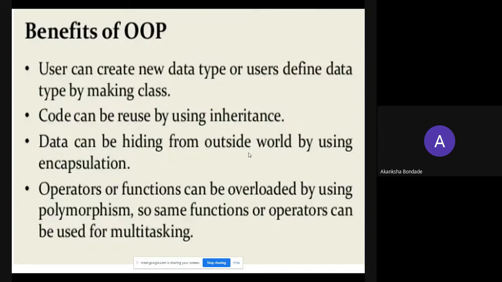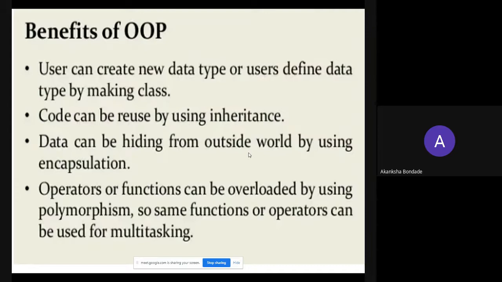Here we reuse the code from the base class in the derived class. This is called inheritance. Data can be hidden from the outside world by using encapsulation. Only an object has access to the member functions as well as the data members. Otherwise, data is hidden from the main program.